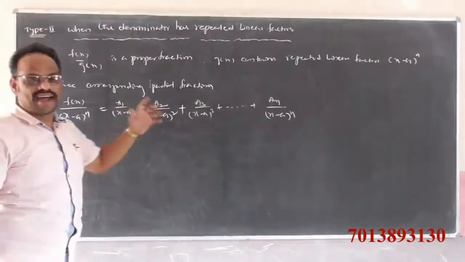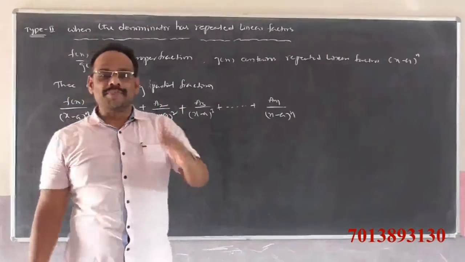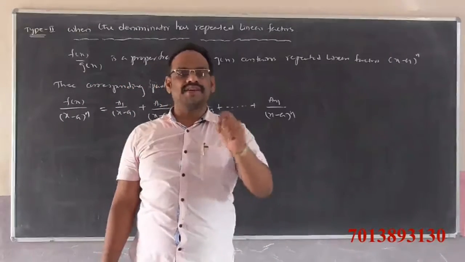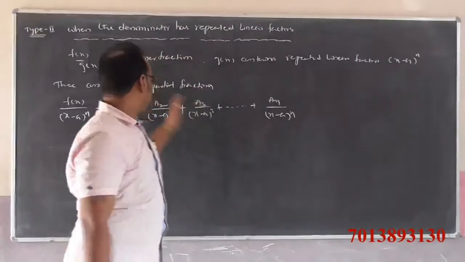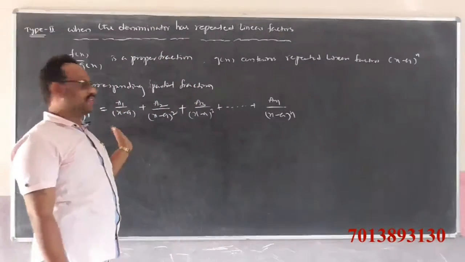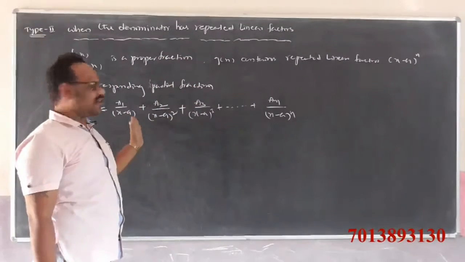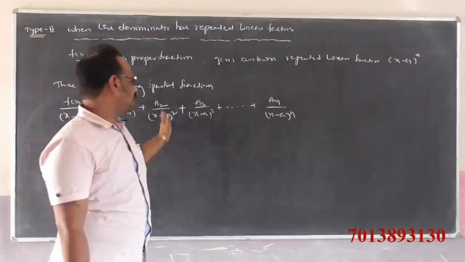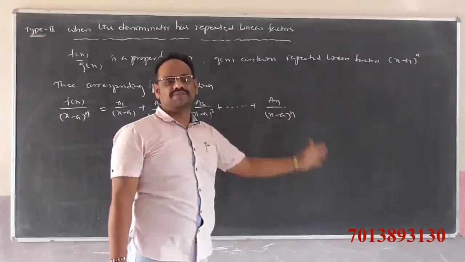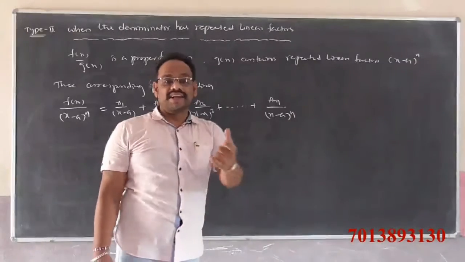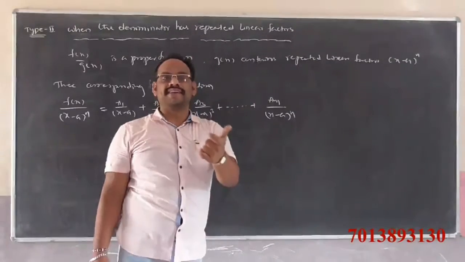If the denominator contains repeated linear factors of ax plus b whole to the power n, then f of x by ax plus b whole to the power n is equal to a1 by ax plus b plus a2 by ax plus b whole square, a3 by ax plus b whole cube, and so on, an by ax plus b whole to the power n. When the denominator has repeated linear factors,